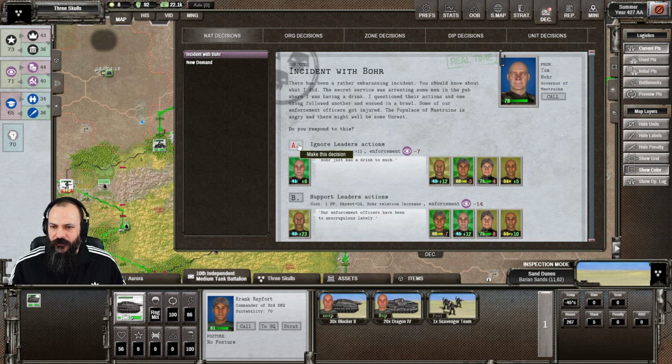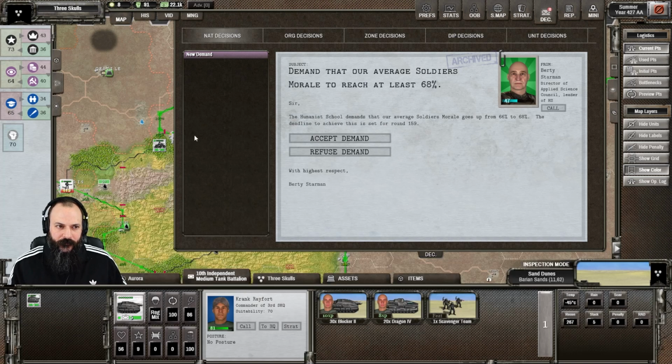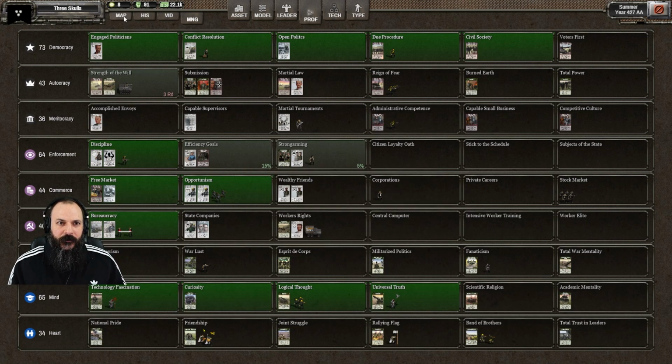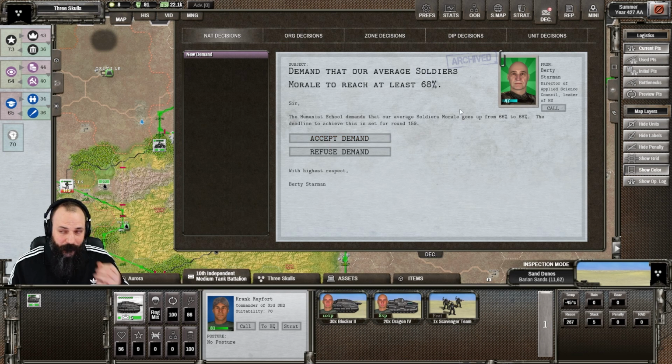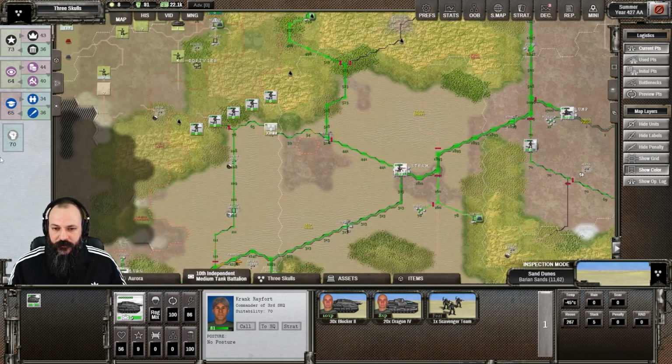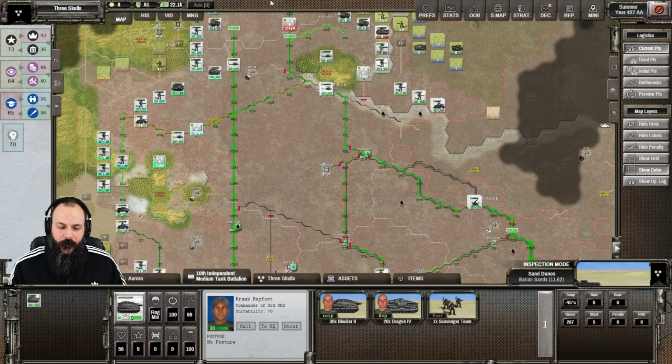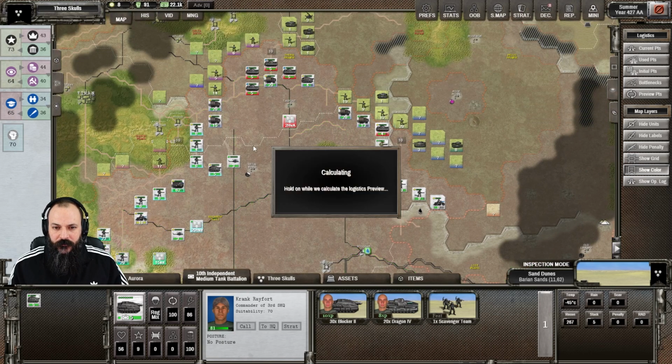So I might just ignore it and take the drop in enforcement. You'll just see this now. Yeah, we've only got a 15% chance of getting it now. But I think I'm about on top of my logistical issues. I would like to get that bonus if I can, but I think it's probably wiser for me to rely on